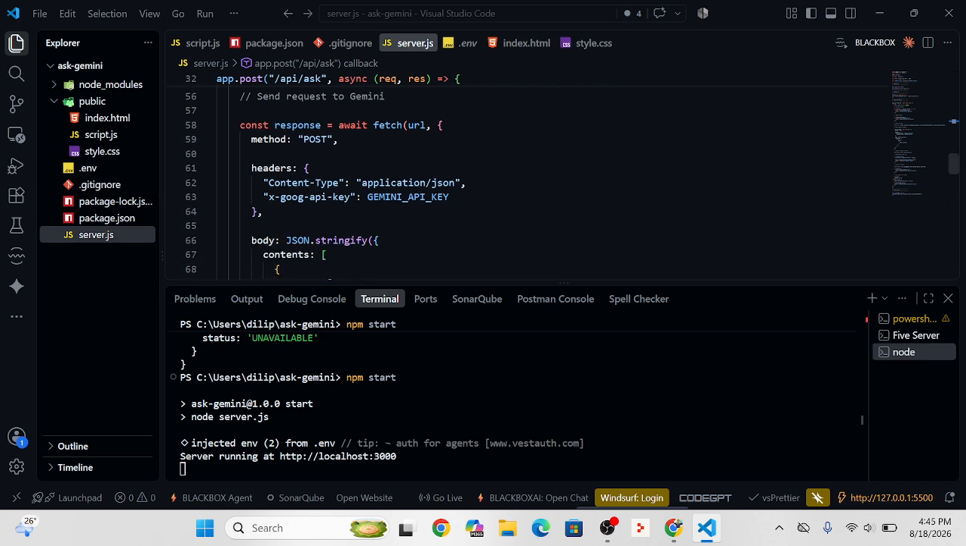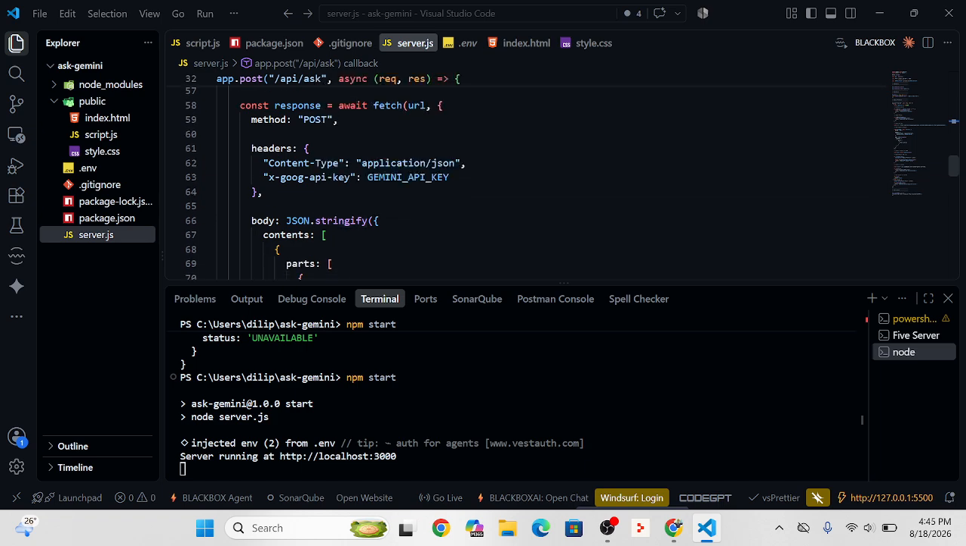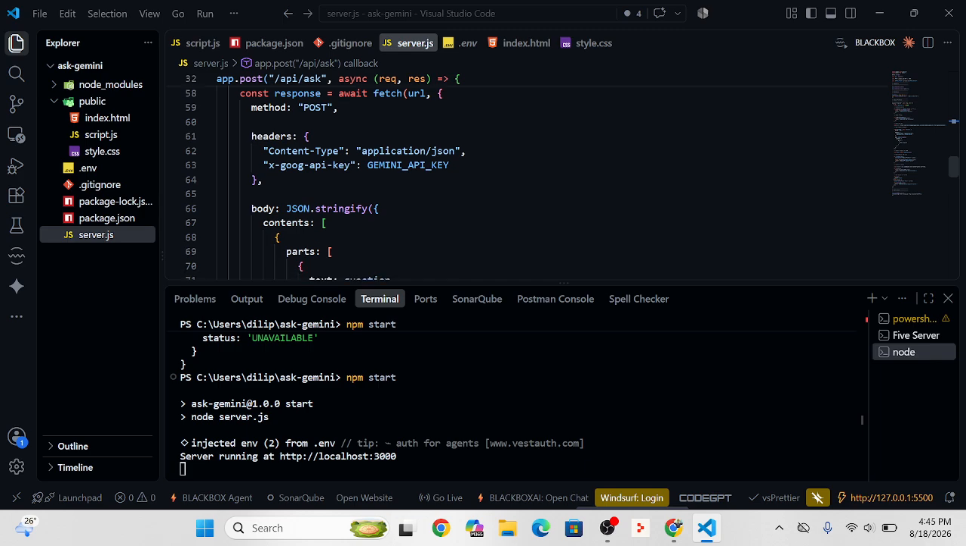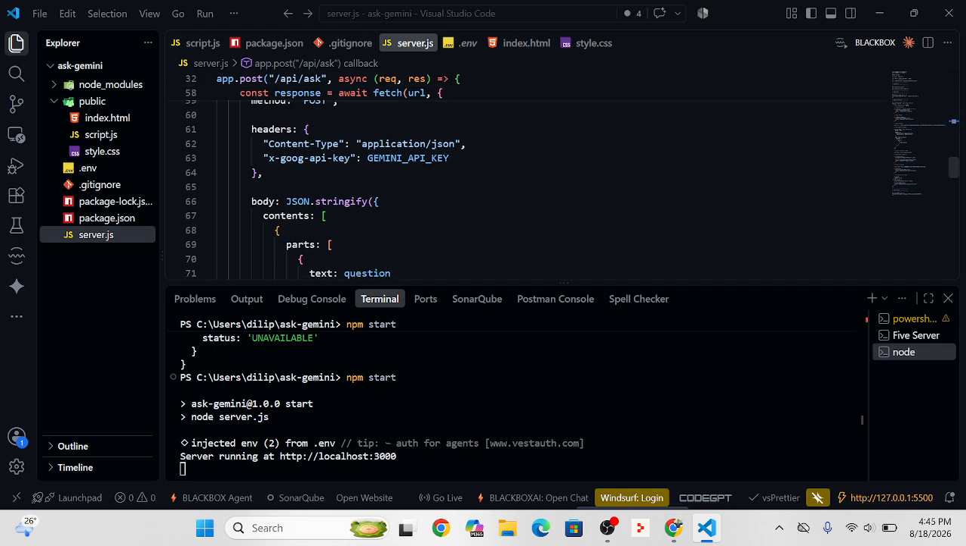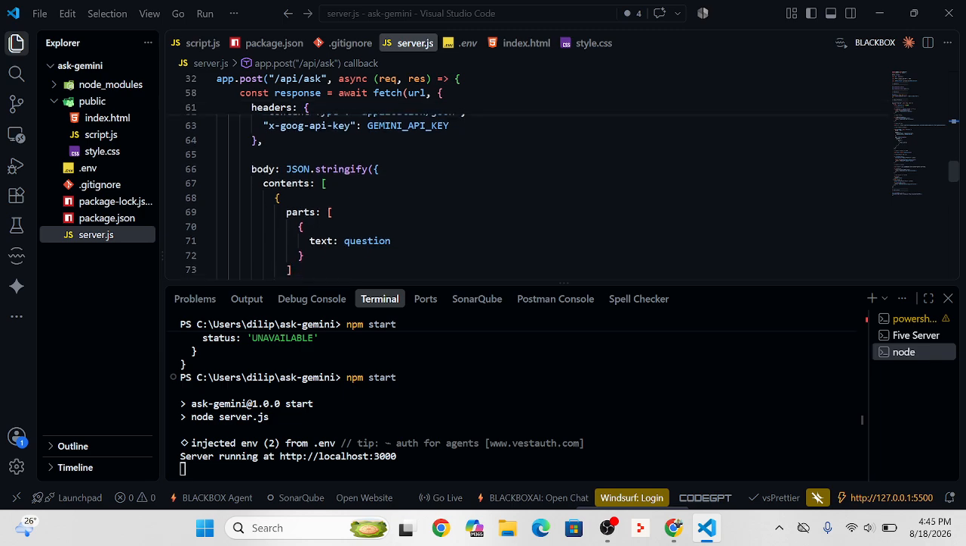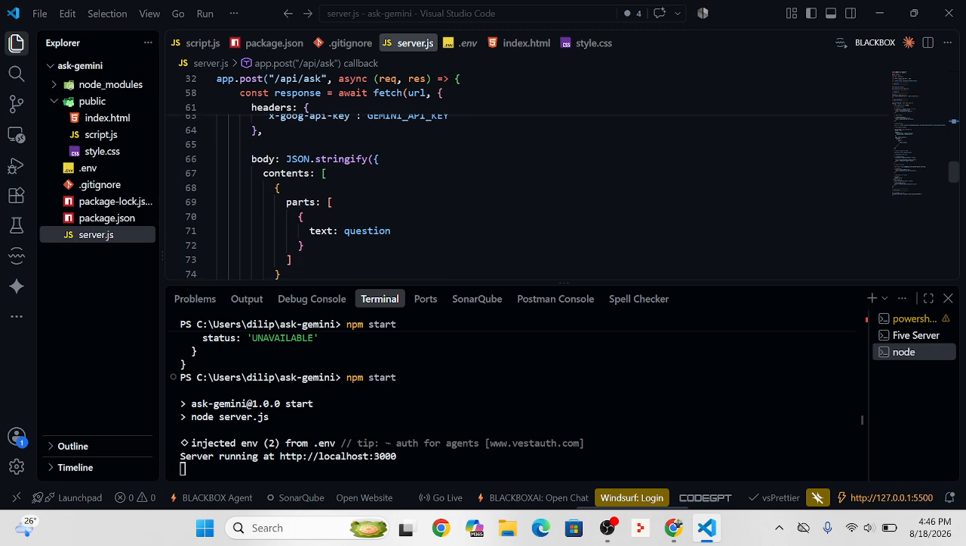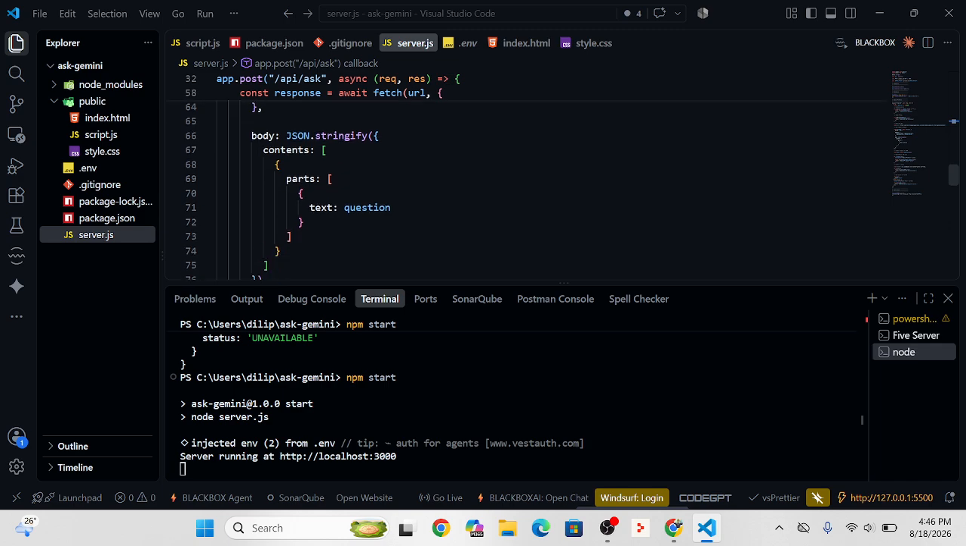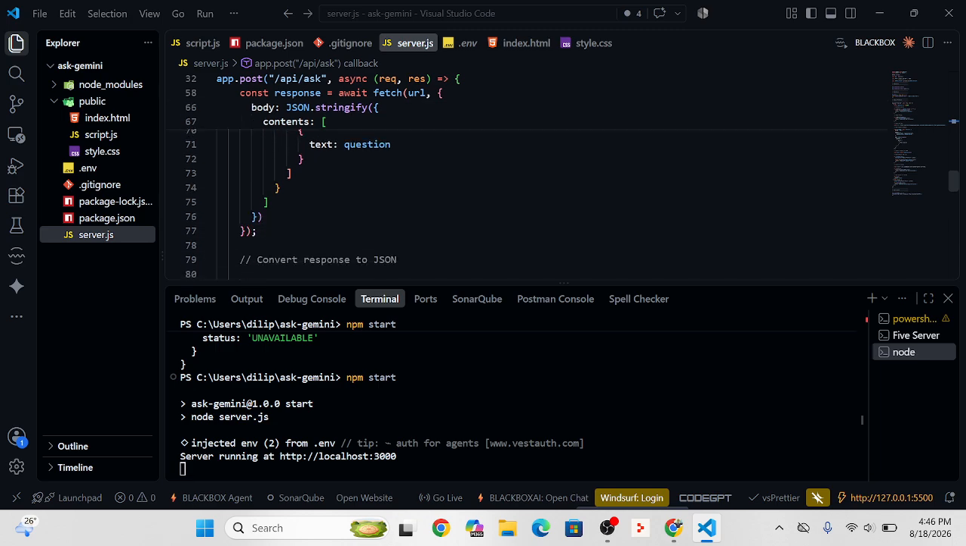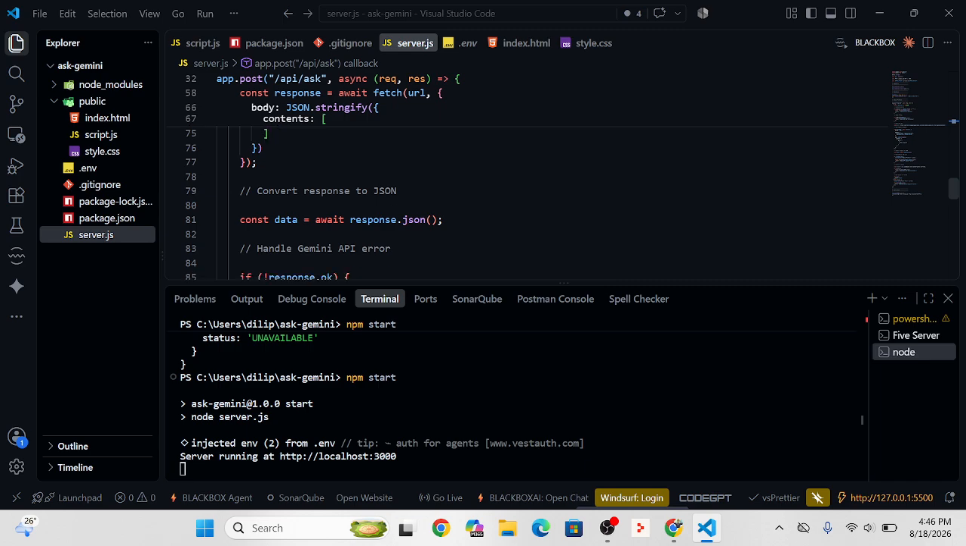The body contains the user's question inside the contents, then the parts, then the text, and conceptually I'm sending something like JSON: the contents, parts, text. Inside that text, I have a question. Whatever question I am sending, by using await,